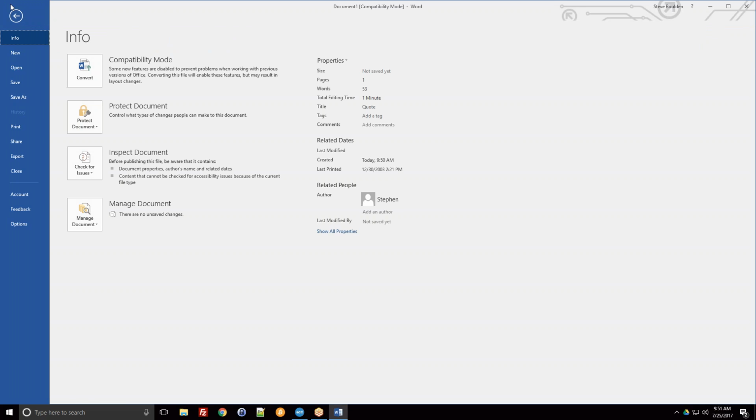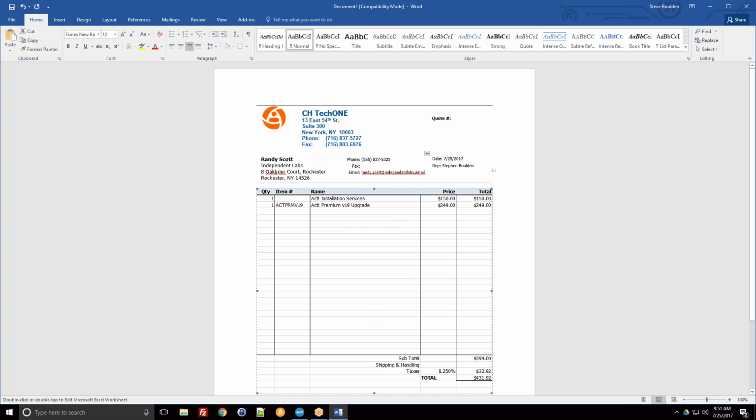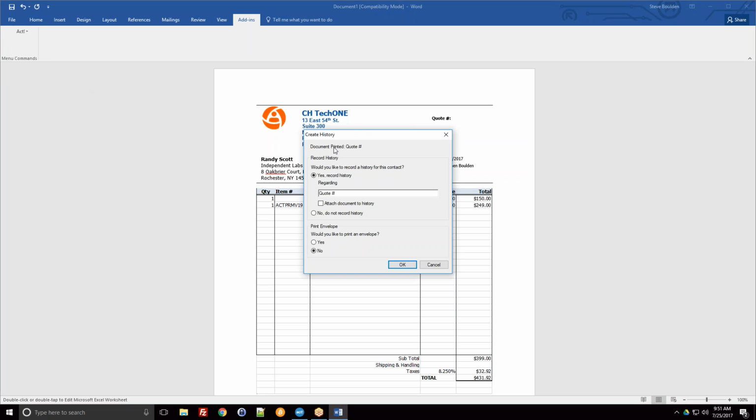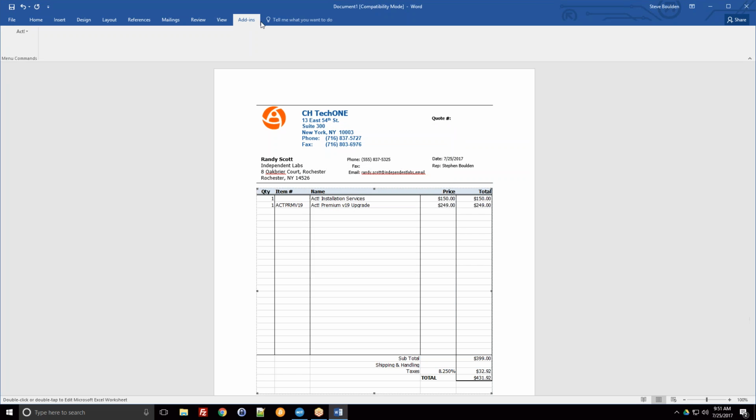From here, you can go ahead and save the quote, send it off, attach it under the Documents tab. You can even tell ACT to record history. Here under the ACT, in Microsoft Word, if you are working with an ACT mail merge letter in Microsoft Word or with an ACT quote, the Add-ins tab